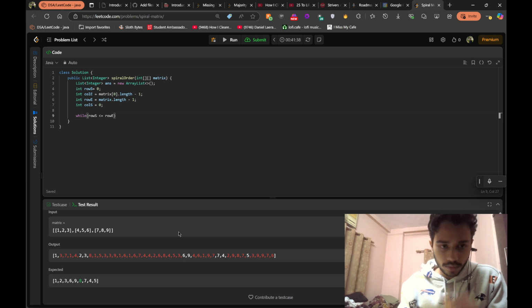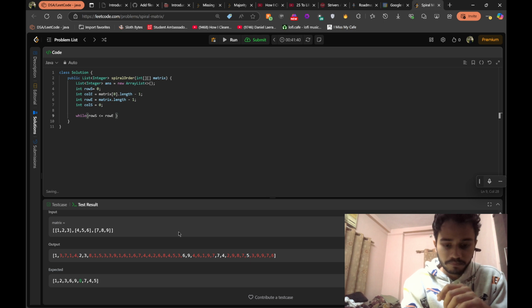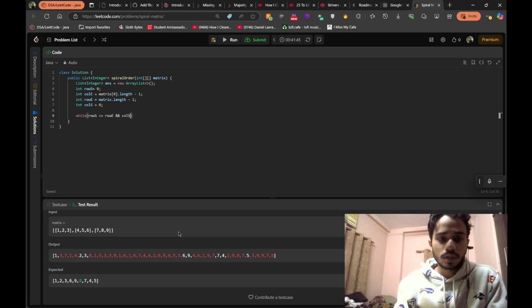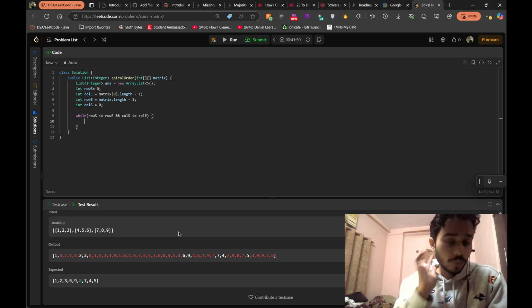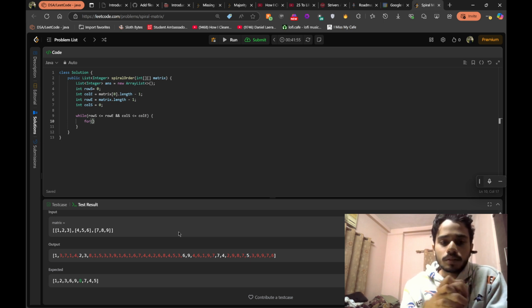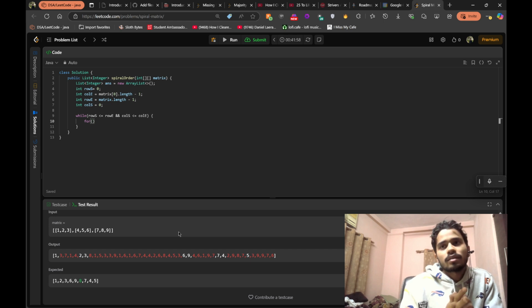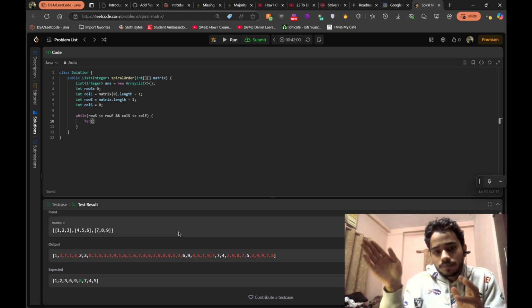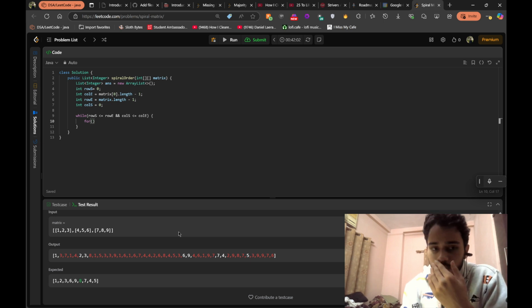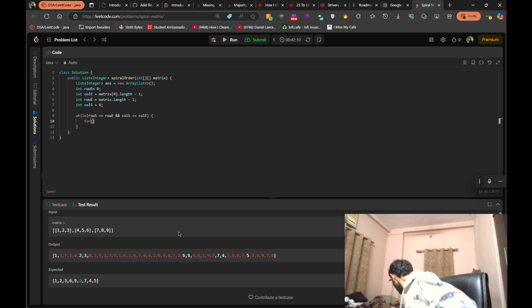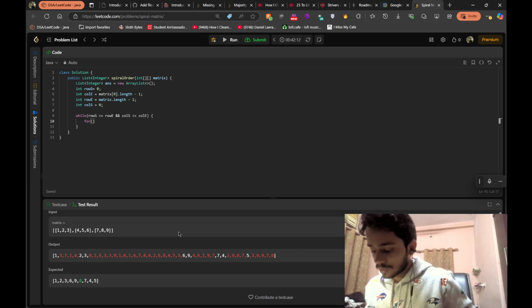end, and column start is less than equal to col end, what we can do is for row start less than equal to row end, and this that. So now we can have a right reversal. All right, so we can have a right reversal. So what that will be doing is that